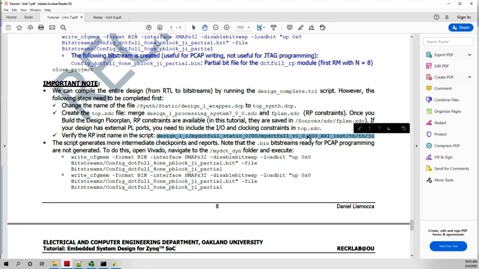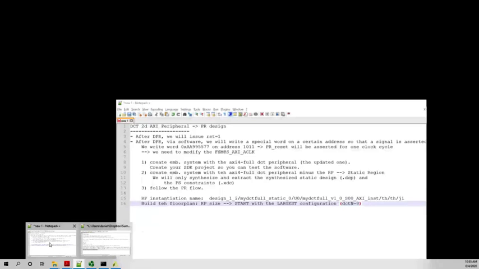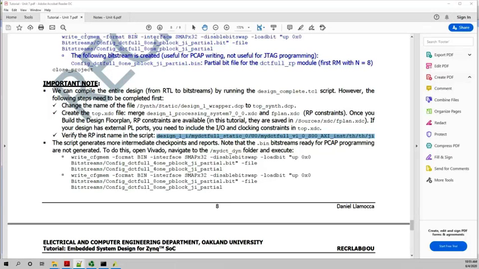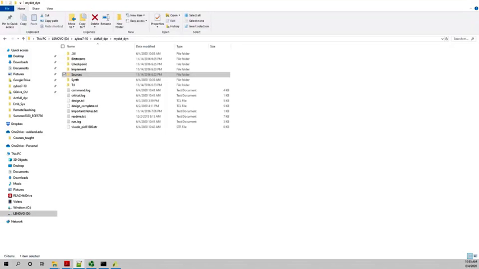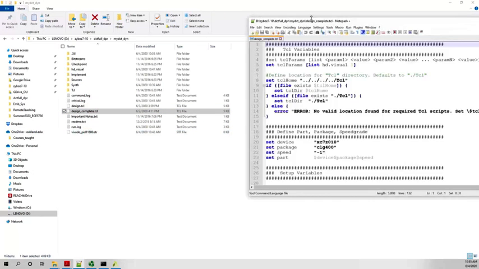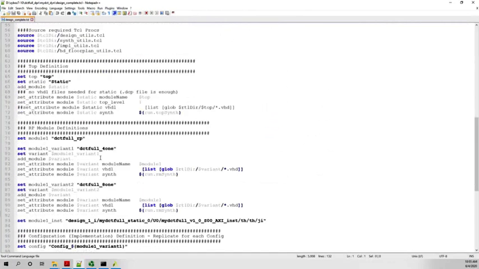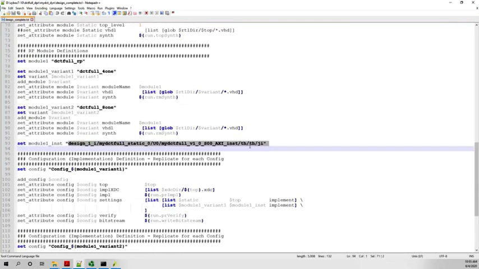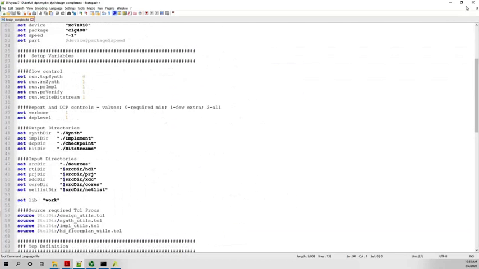The problem is that sometimes, depending on the version of the software, you might get a slightly different name. But if you look into our design complete, let me show it to you right now. Just make sure that here you have the right name. I'm sure it is. And now you have to run this. But like I said,